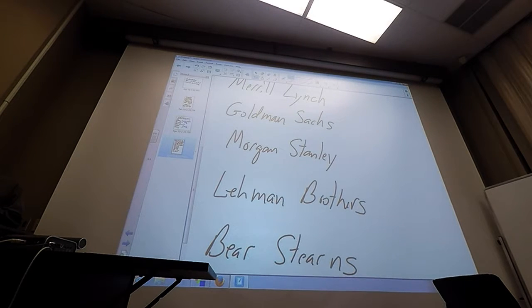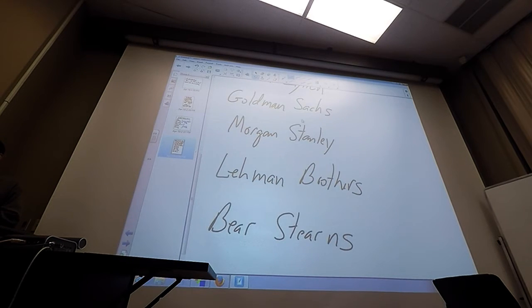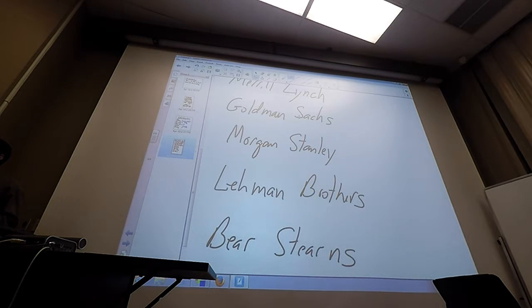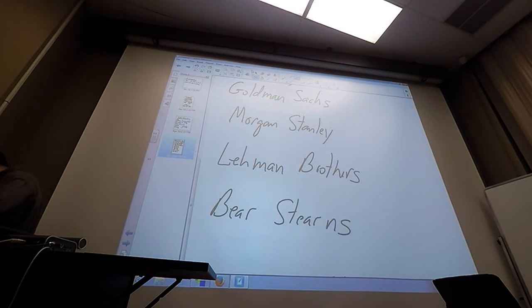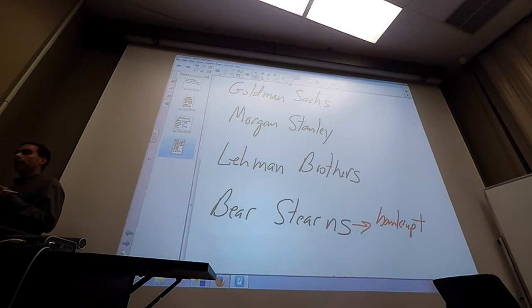So these 5 firms that had dominated finance worldwide for close to a century, over 2 years, from 2006 to 2008, were all either wiped out or transformed. So it was a huge transformation of the financial system. And the first one, Bear Stearns, went bankrupt, and that really was the prelude to the whole financial crisis. Most of what was left over from them was absorbed.